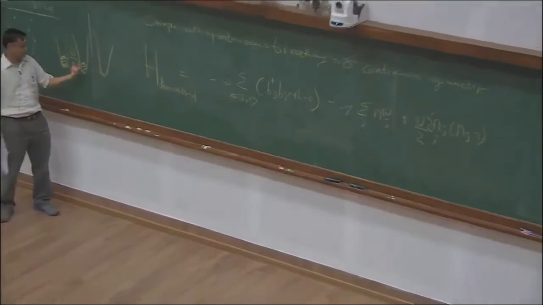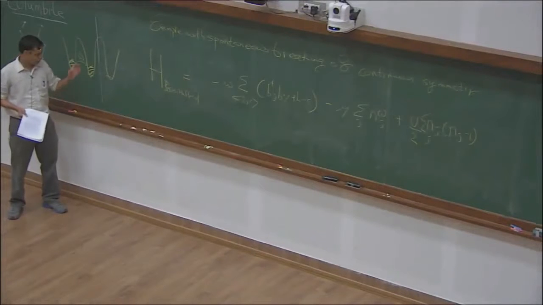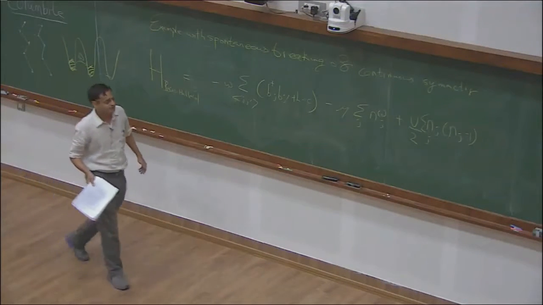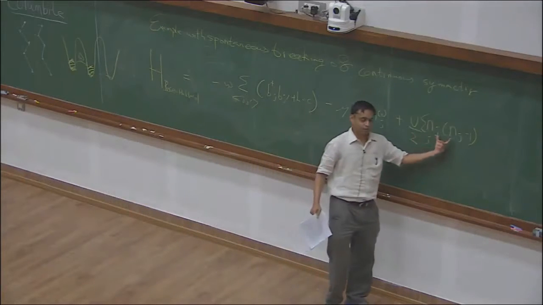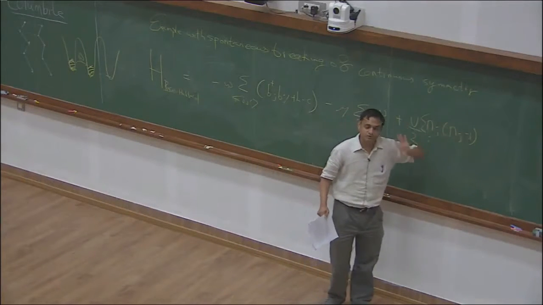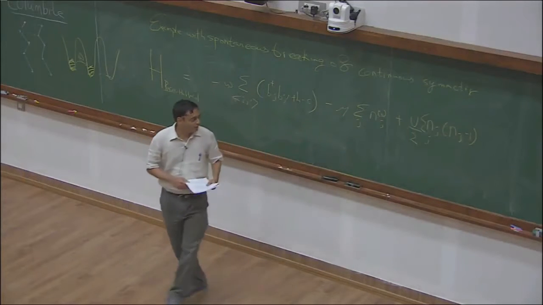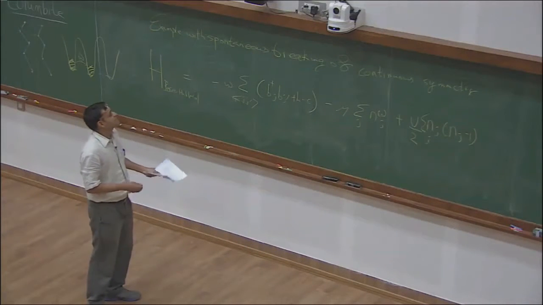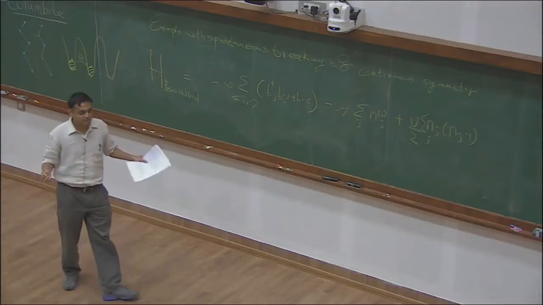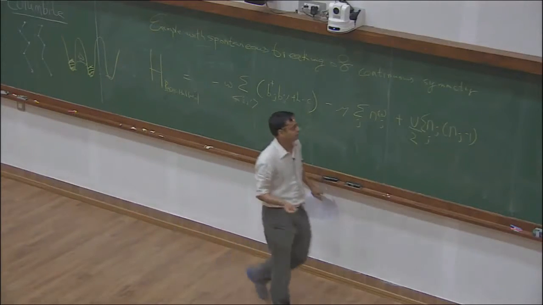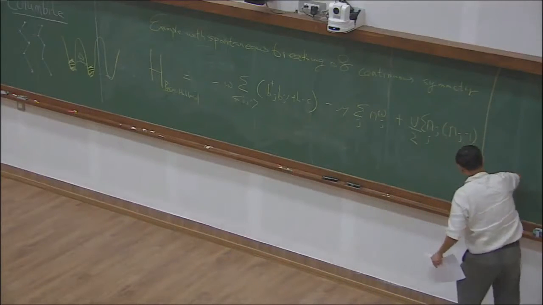These bosons have some self-interaction. So if you put too many of them, the energy rises quadratically. Okay? So this is the interaction between bosons that's being modeled. The minus 1 has been put just for convenience. I could have absorbed it in mu. We want to ask what are the ground state phases of this model, and what are the phase transitions between them. That's what we want to do in the next 5 minutes.